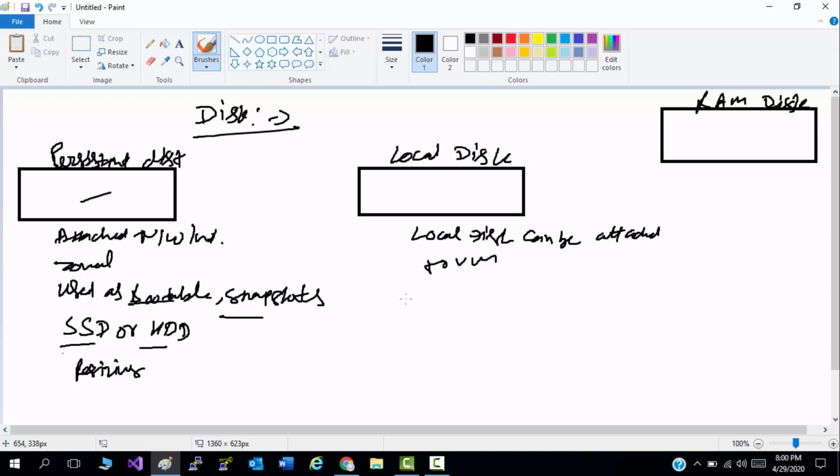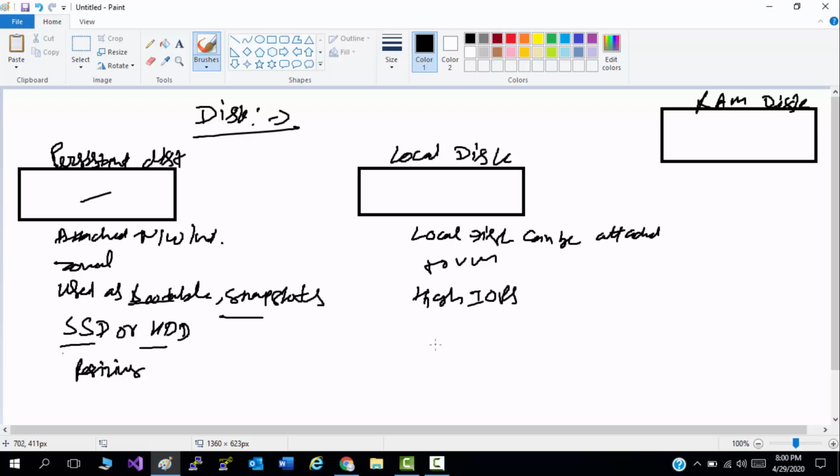It provides high IOPS based on the size of the disk. There is a predefined size of 375 GB, and you can get up to 8 TB.